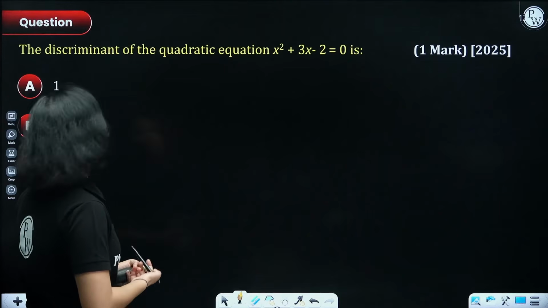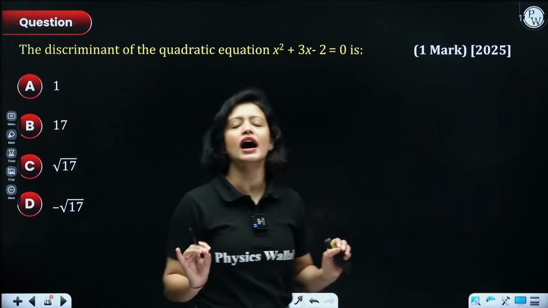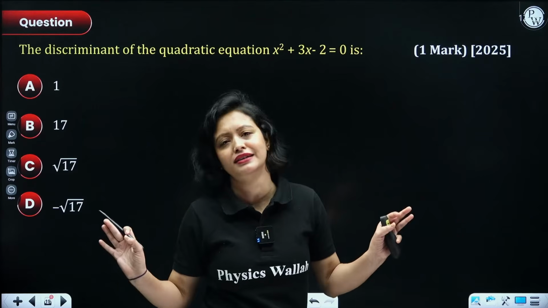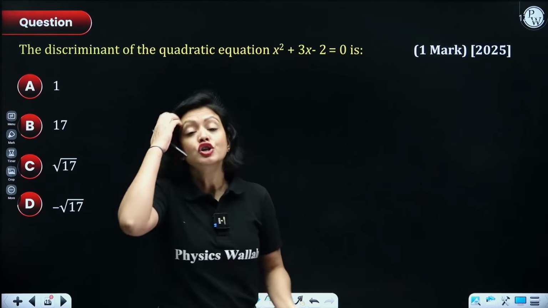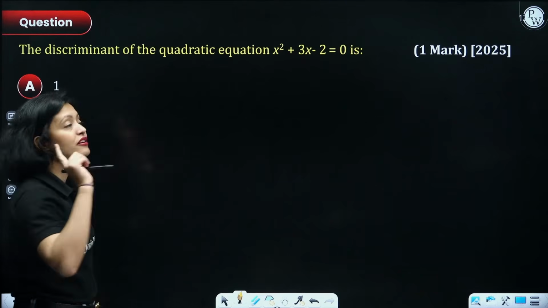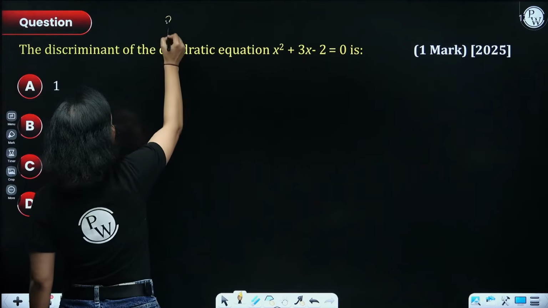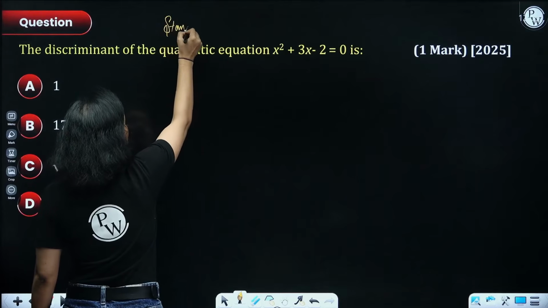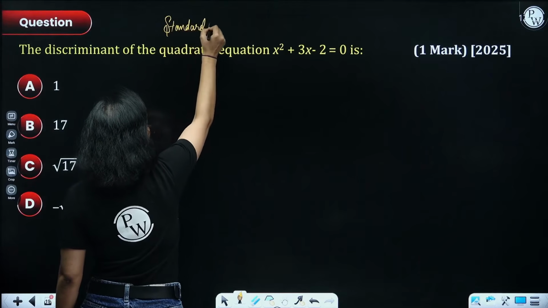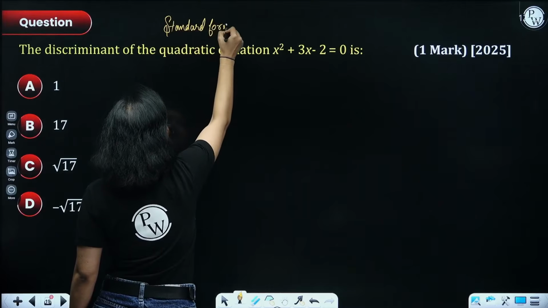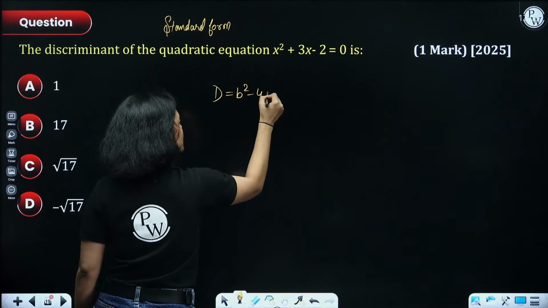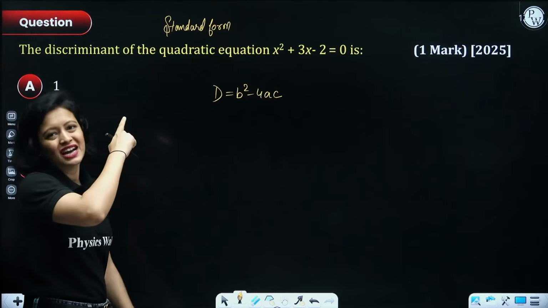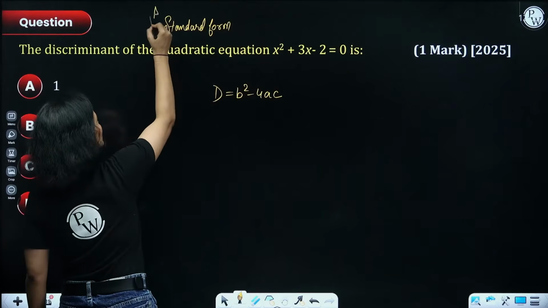So first type of question would be very simple. They would ask you to find the discriminant. That's it. Find the discriminant of the quadratic equation. Okay? So to find the discriminant, guys, the first thing you should do is convert your quadratic equation in standard form and then apply b square minus 4ac. Got it? Understood? Before applying b square minus 4ac, please convert in standard form, guys. Don't forget this very basic thing.